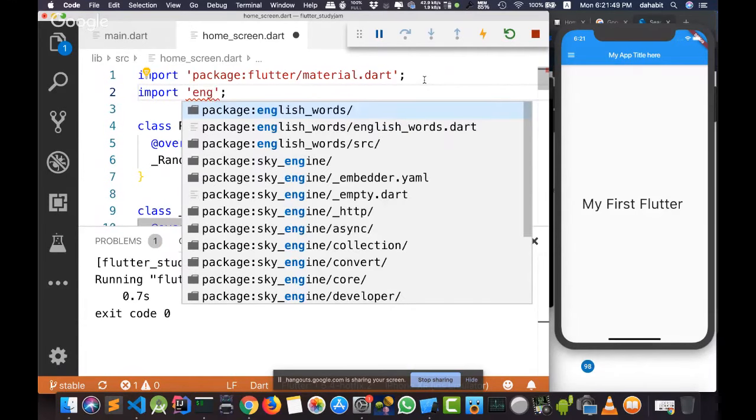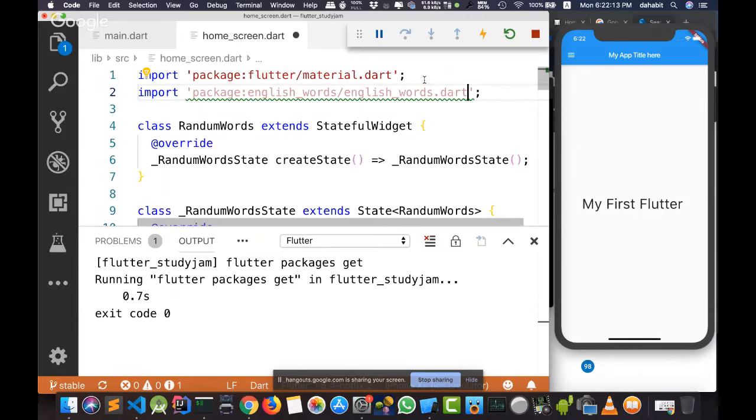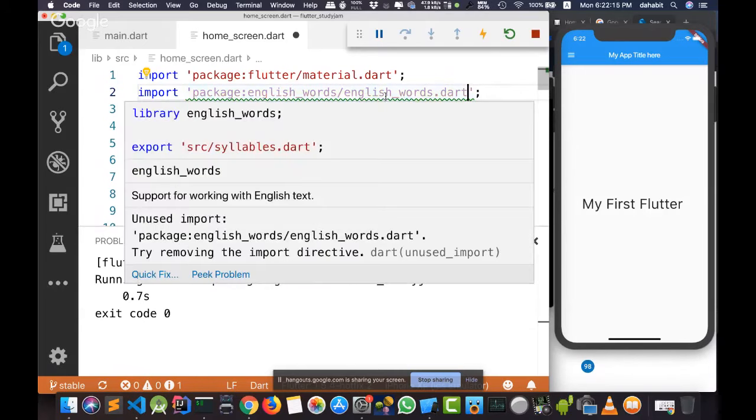I'll just write eng, and because I already installed the English words package inside my application, the editor is very smart, because Dart is a statically analyzed language and the editor can easily understand my code. So it suggests: do you want to import the English words library? I'll press tab and it imported my library.